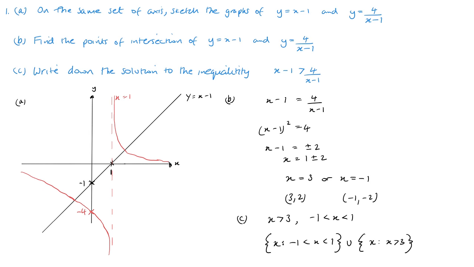Okay, so that is it in set form. And another way of writing this would be it's between minus 1 and 1 and between 3 and infinity. I can put a U for the "or" there. So that's another way of writing it,